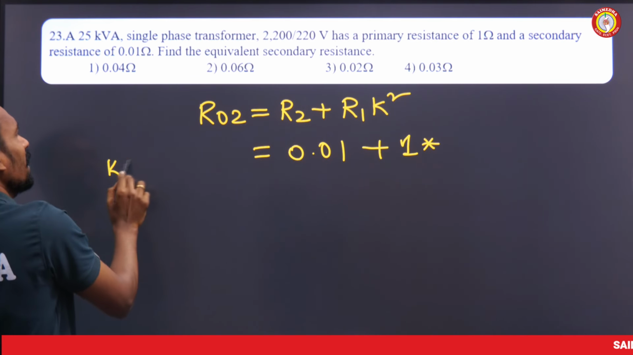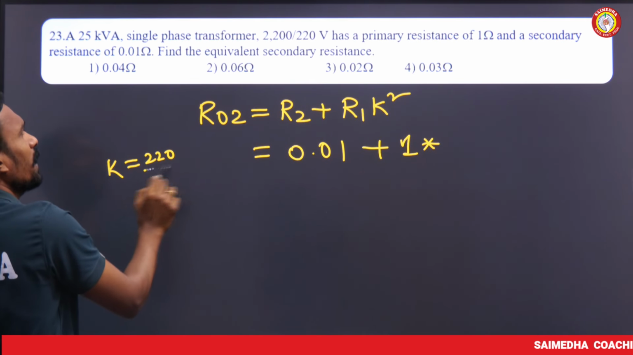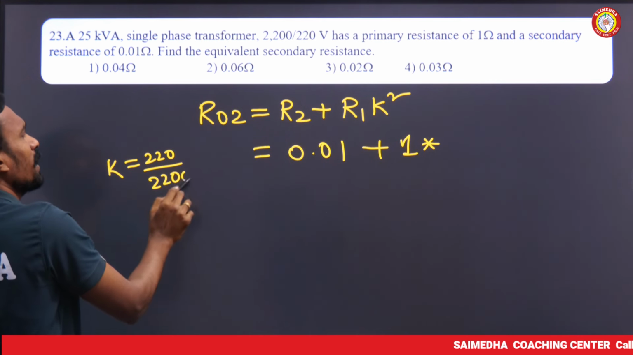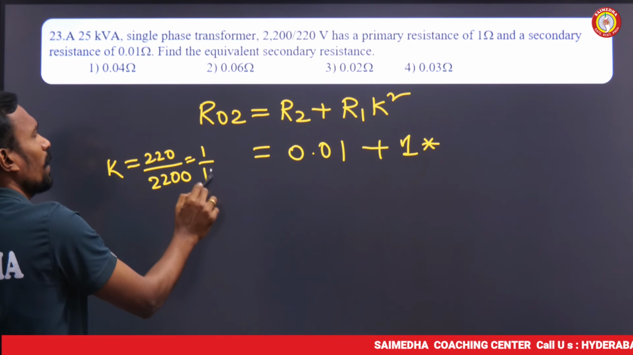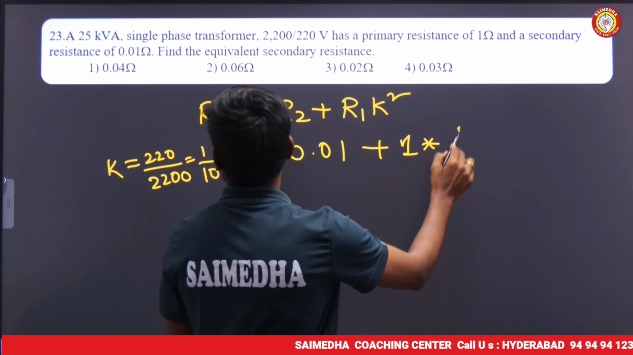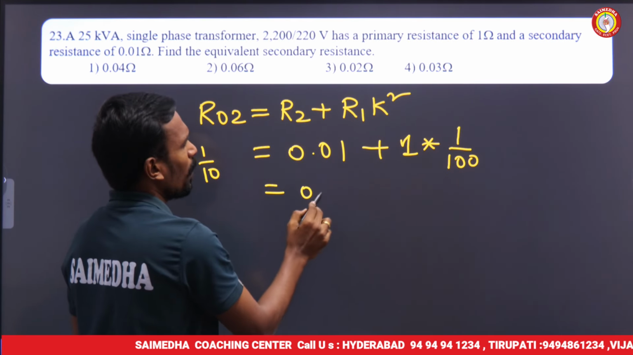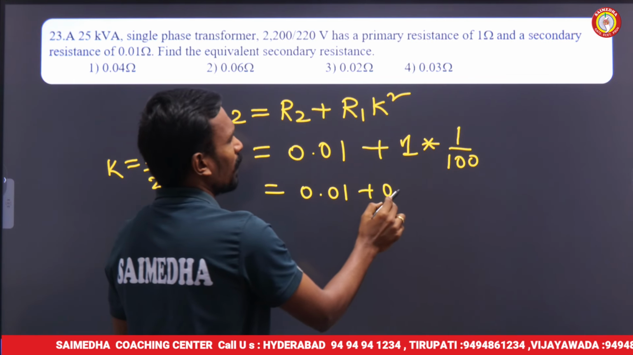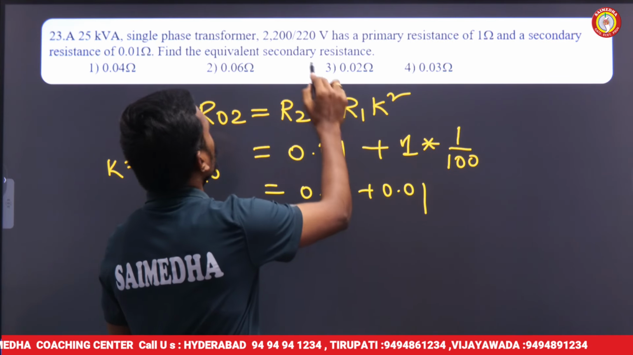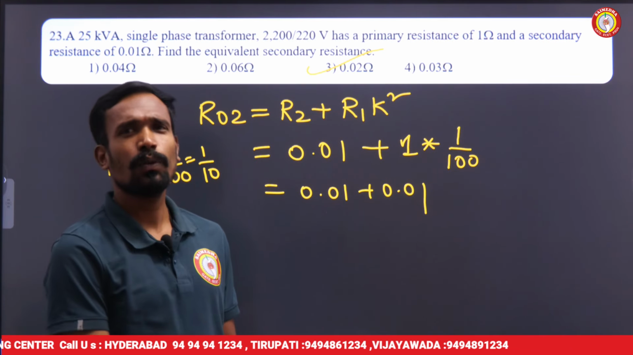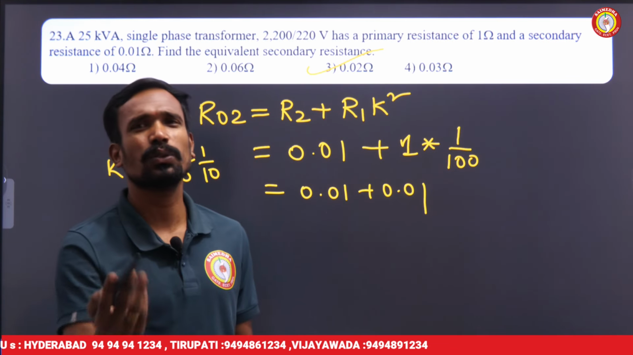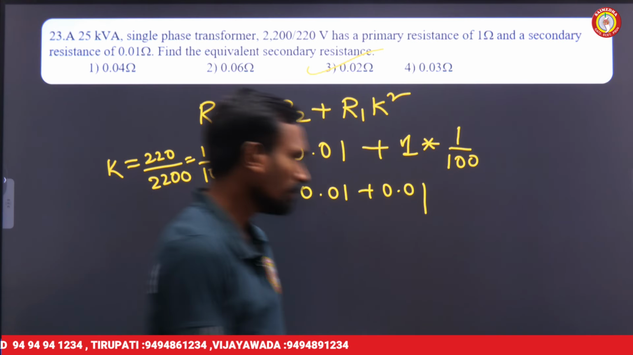What is K? K is equal to N2 by N1 or E2 by E1, which is equal to 1 by 10. 1 by 10 square is 1 by 100. So this is 0.01 plus 0.01, which is equal to 0.02. Simple question, sir. Next,